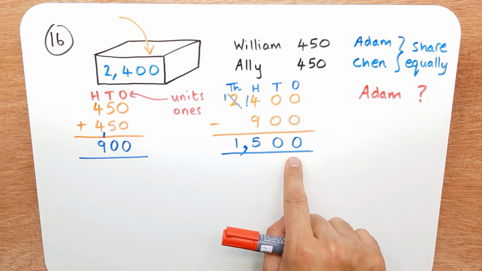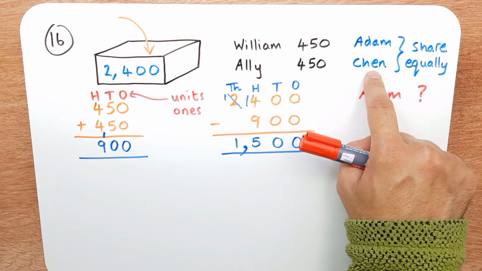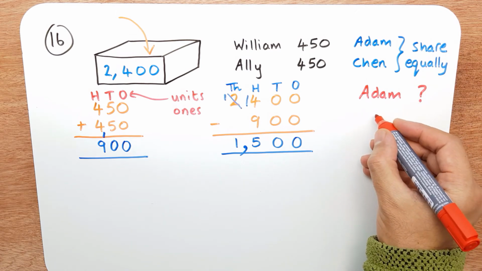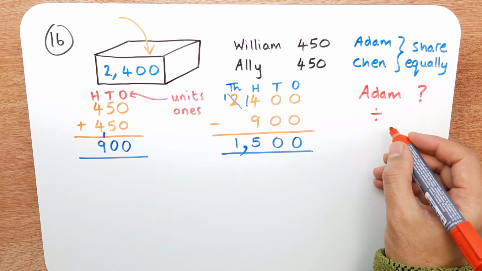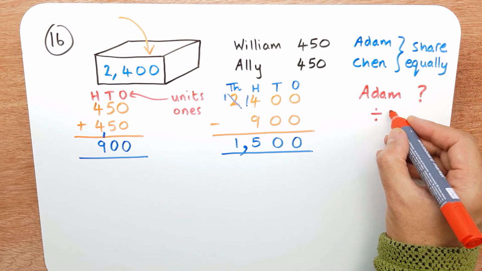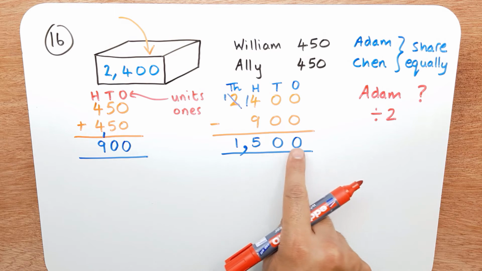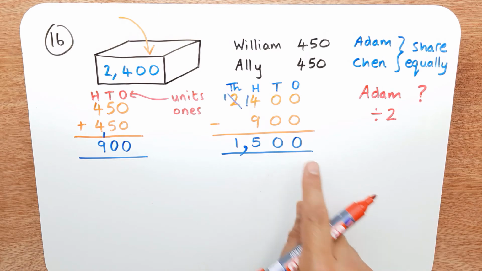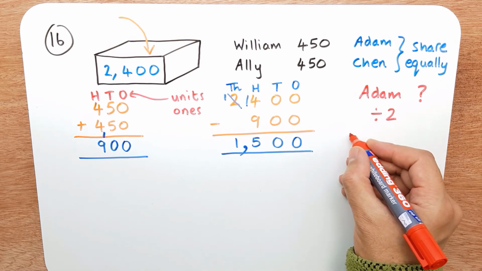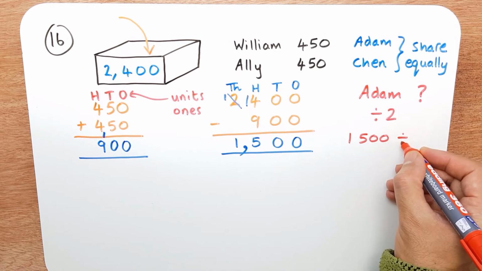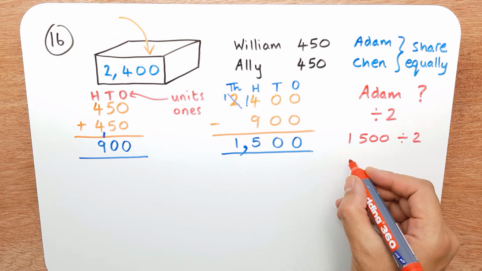And we're told that Adam and Chen share them equally. And when you share, you divide. And equally means we have to divide by 2. So let's go ahead and do that. 1,500 divided by 2. And I like to write this as